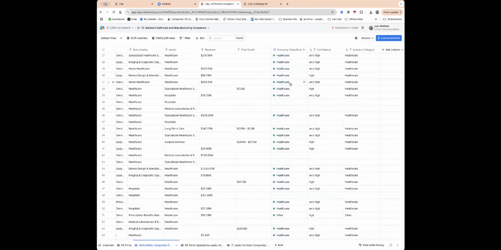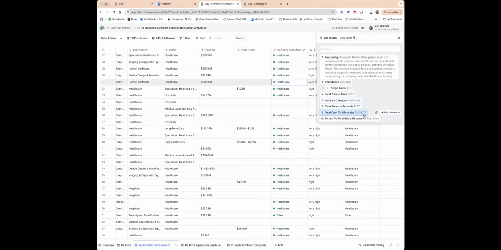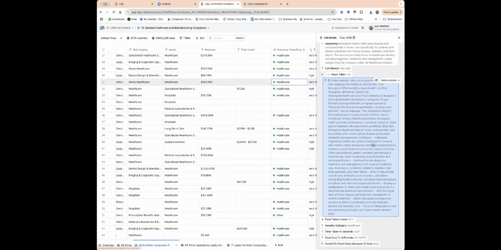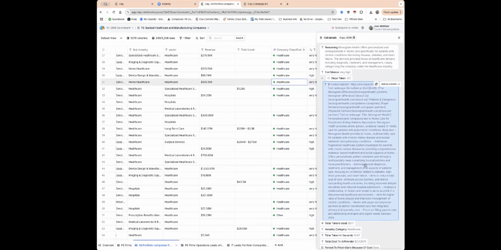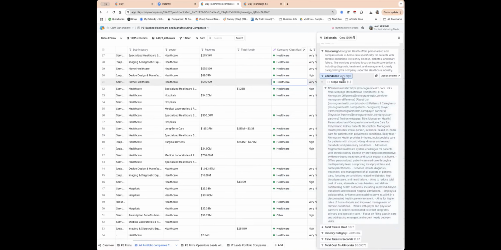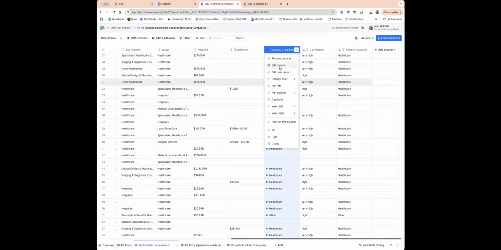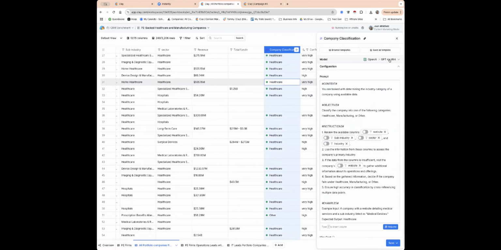And what's cool about this is number one, look at the cost. And secondarily, this is all the steps that it went through to make this determination. It reviewed the website, et cetera. And then you're going to get a confidence level out of it as well. And it's still only going to have cost you less than 1/100th of a cent. So this is some of the power of what you can do, and I think he used GPT Mini for this too. And as you get in understanding Clay more,